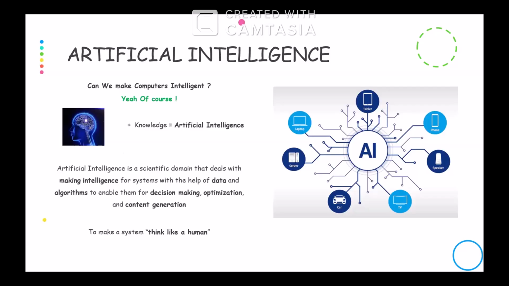But in our current situation or in our current technology space, it's not only decision making, we even have to do a lot of things other than that. That is, we have to perceive, we have to reason, we have to critique, we have to design, right? We have to do a lot of things by making a system intelligent nowadays.